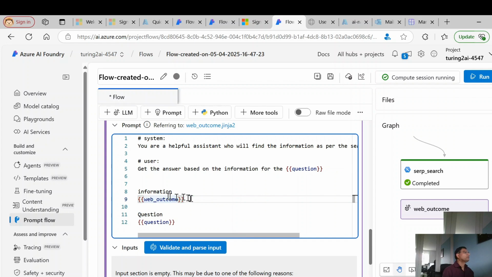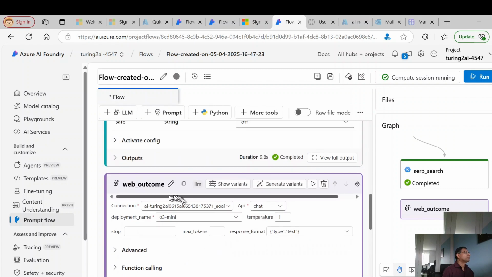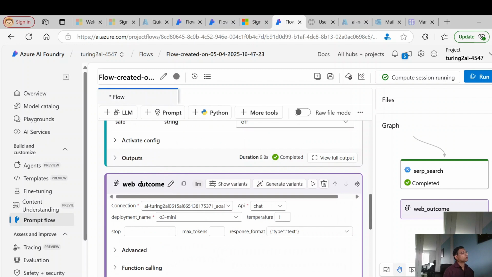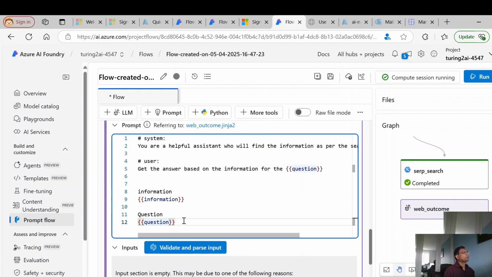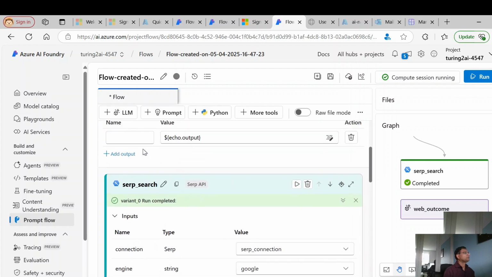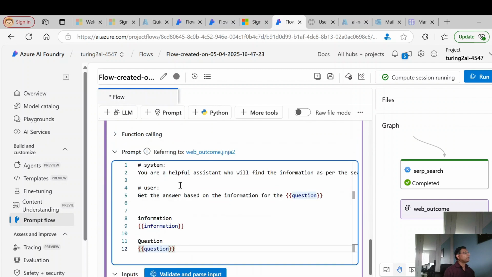One is the web outcome. We have to define what the web outcome is. Web outcome is, in fact, I can say, information, and then information will be the web outcome, and the question, what will be the question? Question will be the input which we initially defined, right? So let's validate, and we'll get the two